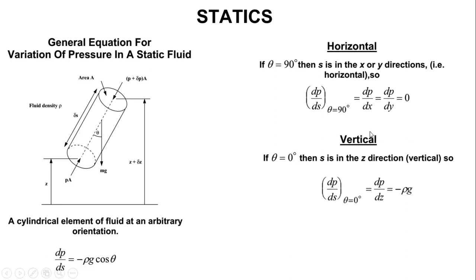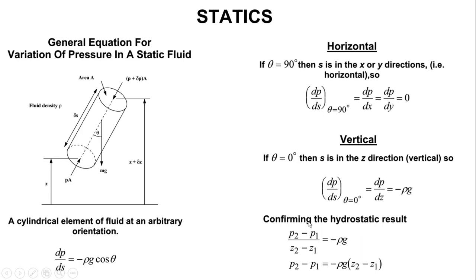Okay, so now when you put this one in a vertical orientation, our theta is equal to 0 in this case. So if theta is equal to 0, cos theta from this equation will be equal to 1. So it will give us dP over ds is equal to negative rho g. So if you get negative rho g, this one will take us back to the hydrostatic equation, where we can write P2 minus P1 over Z2 minus Z1 is equal to negative rho g. Okay, so in this case now we are going to get P2 minus P1 is equal to negative rho g